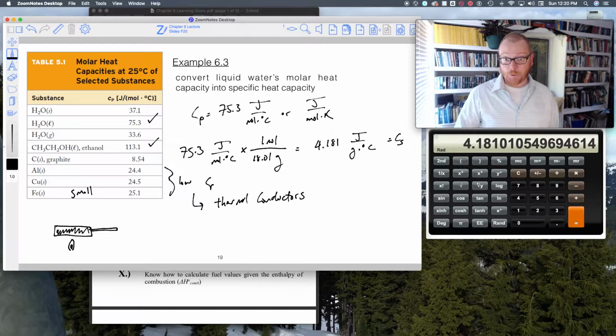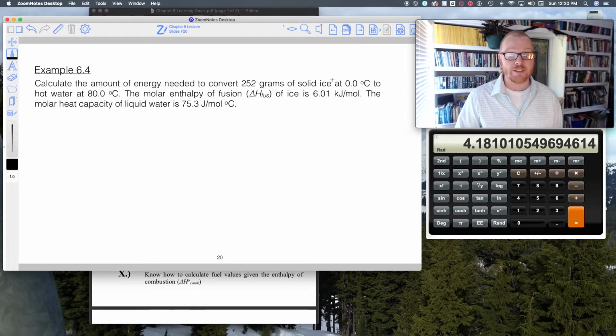So now let's do a sample problem. This one is going to be a little bit more difficult. I'm going to walk you through what we're doing. Okay. Calculate the amount of energy needed to convert 252 grams of solid ice at 0 degrees to hot water